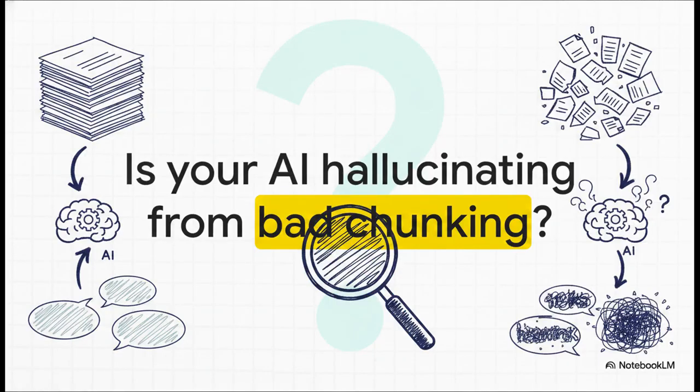Okay, let's dive right into this provocative question. Is your AI hallucinating because of how you cut up your text? Developers often just assume that throwing expensive, massive language models at their text fixes absolutely everything. But when an AI starts hallucinating or missing the point, the evidence actually points elsewhere. In fact, it almost always points directly to how your source documents were chopped up in the very beginning.